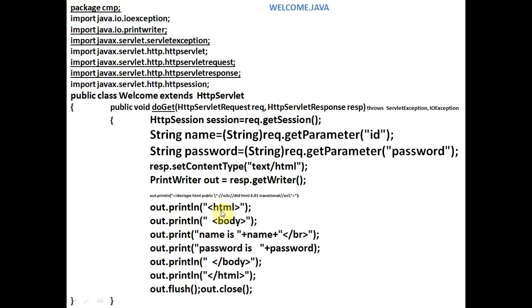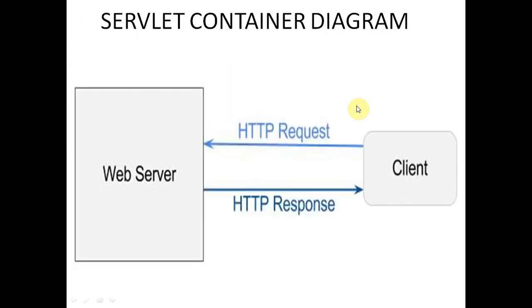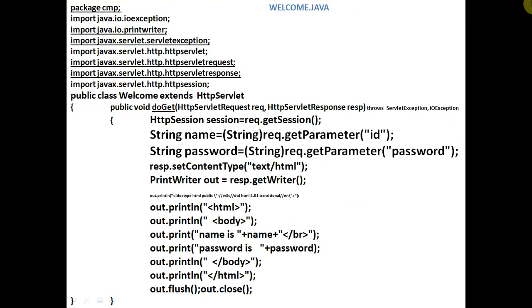So we will write an HTML program, and that program will be written on client, because out equals response.getWriter, and the content type of response equals text/html, and this response is the object of HttpServletResponse, and that response will be transferred to the client from web server to client. और ये किस फॉर्म में होगा? It will be transferred in HTML form because it is HTTP response, so it will be transferred in the form of HTML.